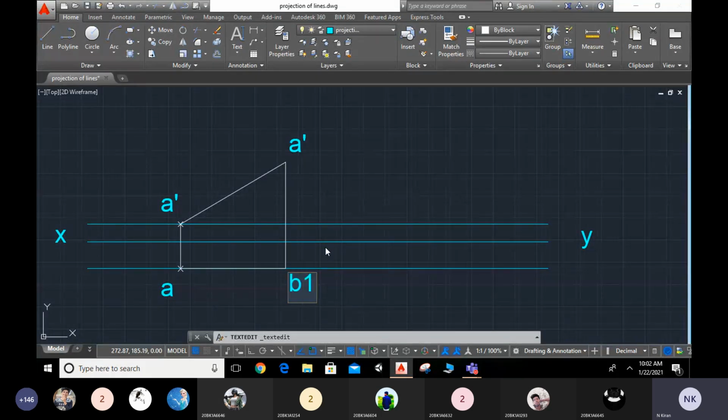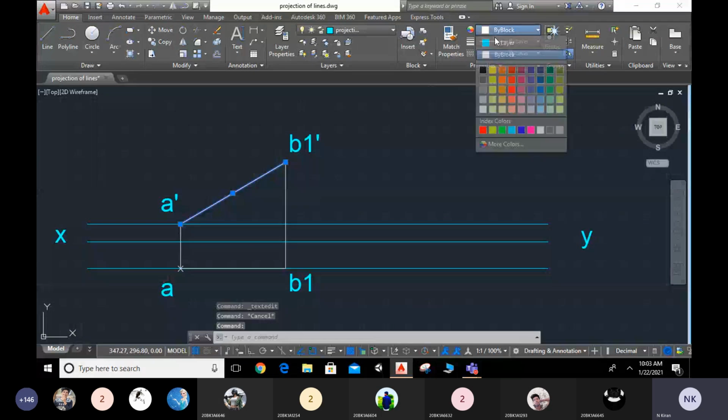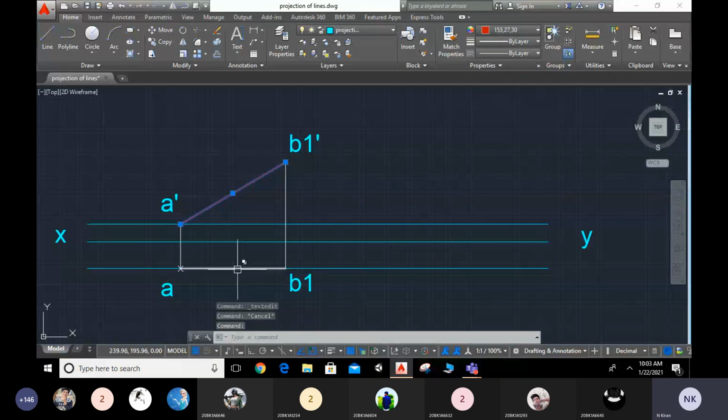Is it right? I will give it as B1, and this is B1 dash. Are you clear? Are you understanding up to here? So I will change the color of this line to somewhat red, so it will be somewhat easier for you.